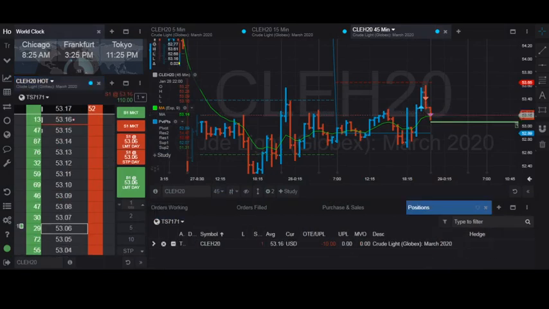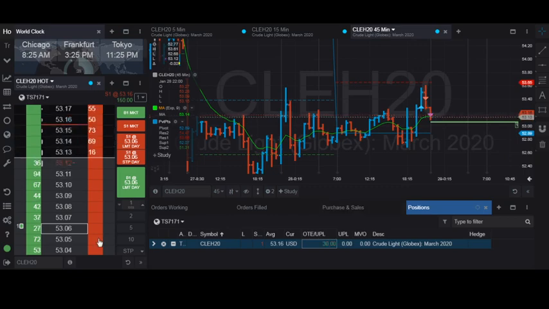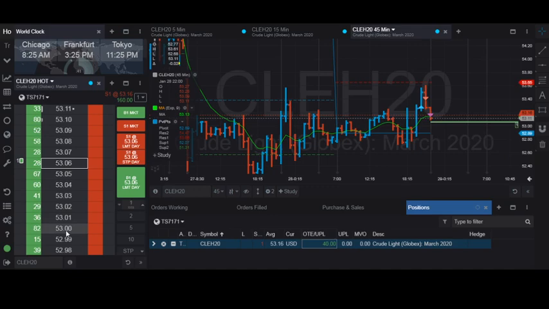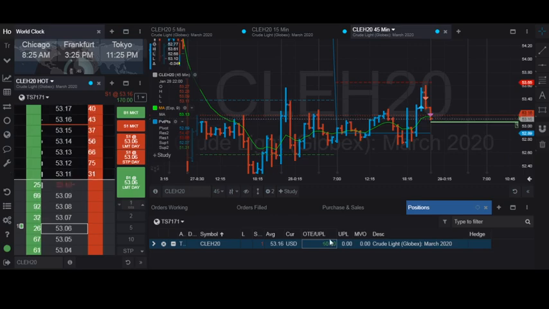Okay guys, we are in the market. So this one you can see minus 1 tick. So let's hope everything goes fine. There's a high volume waiting here at 53.13. Okay, now we are plus 3 ticks, plus 30, plus 40, 50. So it keeps increasing. There's a high volume at 53.10, and on the downside 53.05, 53.04 is quite okay. 53.00 looks nice, and hopefully everything will go smoothly, and it will take around a few minutes